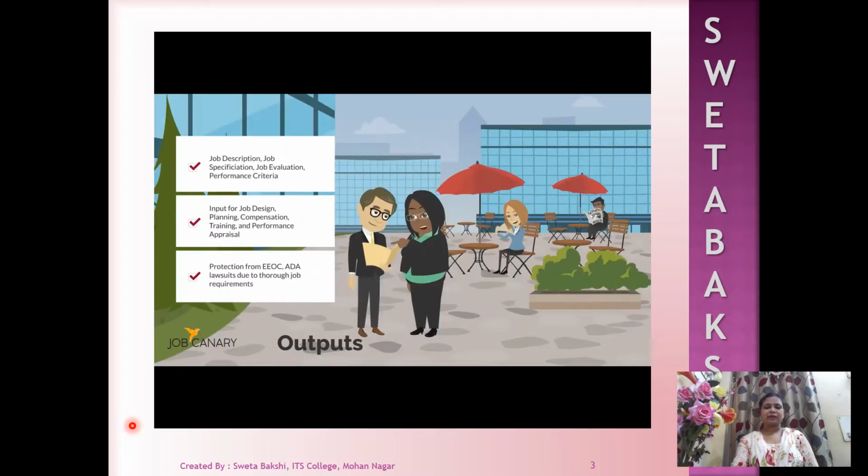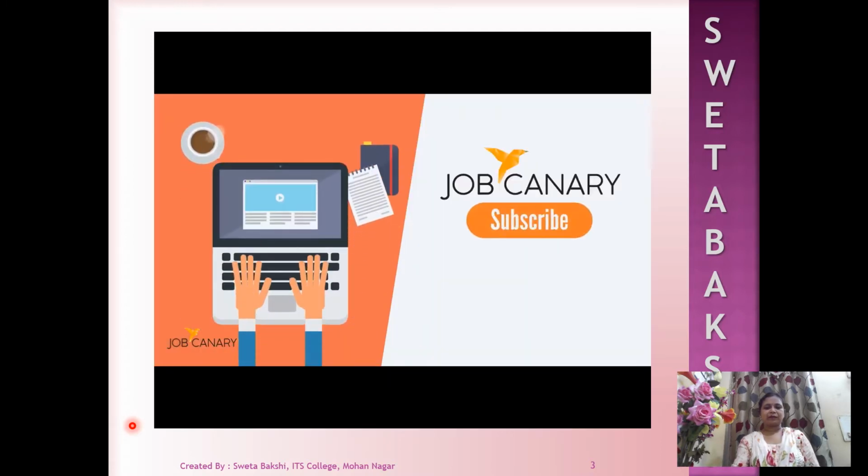Job analysis results in several important outputs. A job description, specification, evaluation and performance criteria can be written. This provides input for job design, resource planning, recruitment, training, and performance appraisal. Finally, a thorough job analysis protects the organization from equal employment and ADA lawsuits due to improper procedures. Hiring, firing and promotion decisions must be made in accordance with a thorough job analysis to avoid lawsuits. Thanks for watching and